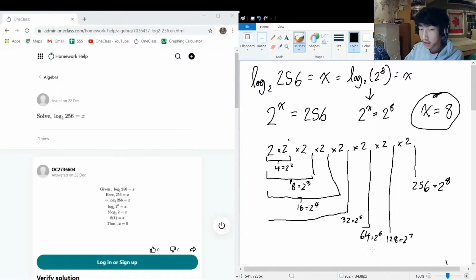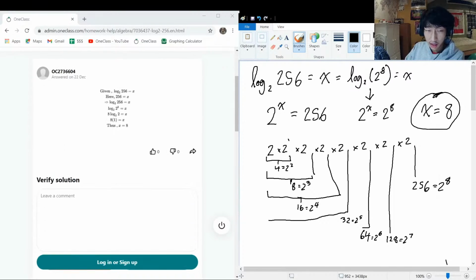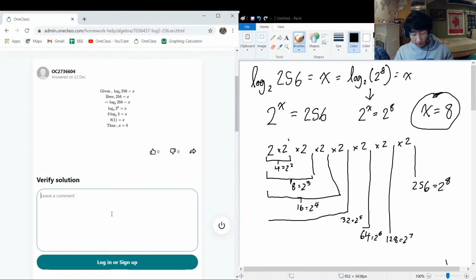Okay, and yeah, so you can see here, we have 1, 2, 3, 4, 5, 6, 7, 8. The number 2 appears 8 times, so it's got to be 2 to the power of 8. Okay, hopefully that makes things clear, and that we can call that a solution done. So the solution is